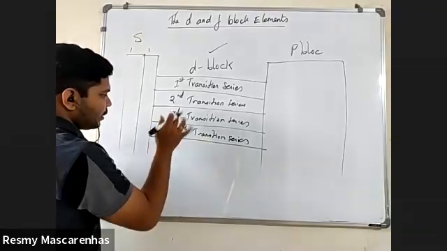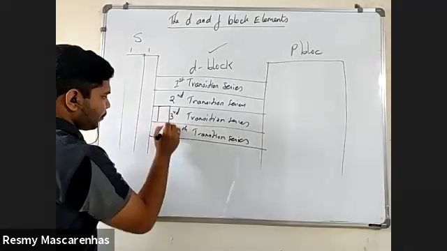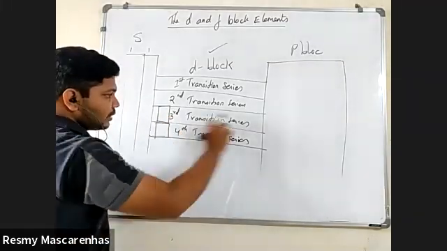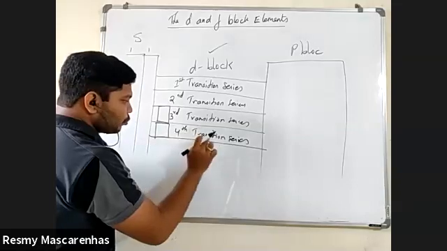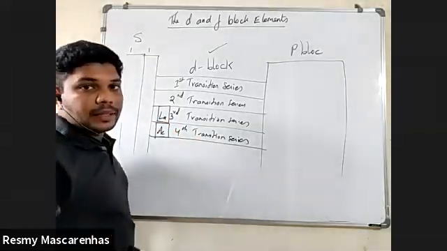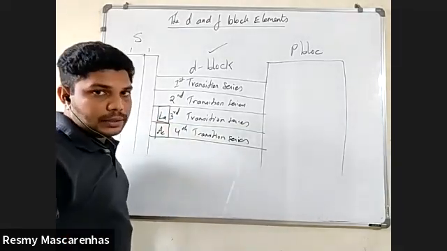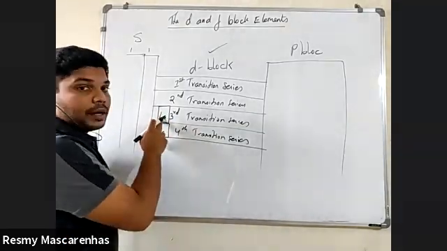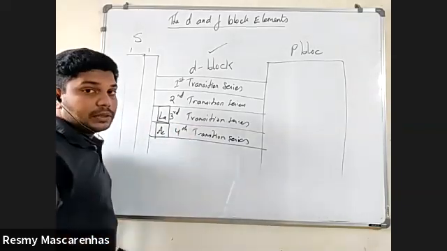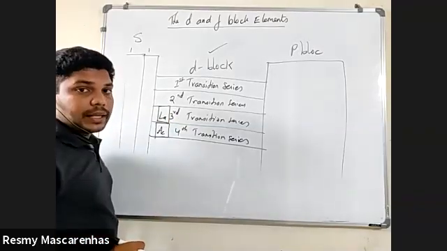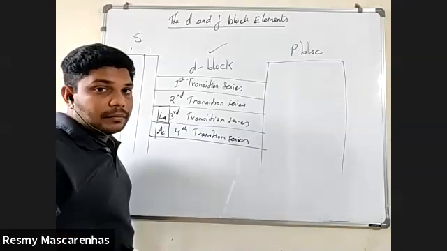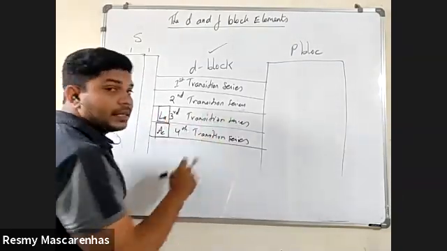Now somewhere here and somewhere here. So in the third and fourth transition series, that means in the third row and fourth row, something called lanthanum and actinium starts. This is nothing but the F block elements. So the F block element starts from here, this lanthanum series, and it is called the actinium series. But here they have not mentioned that. So totally 14 elements are there in lanthanum and 14 elements are there in actinium. But they have not mentioned it here.